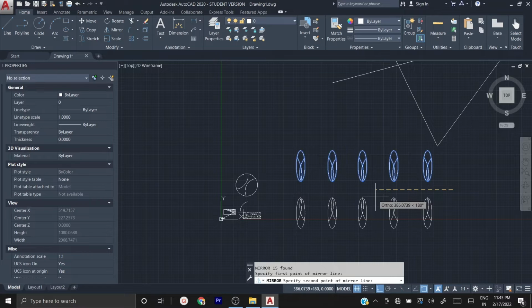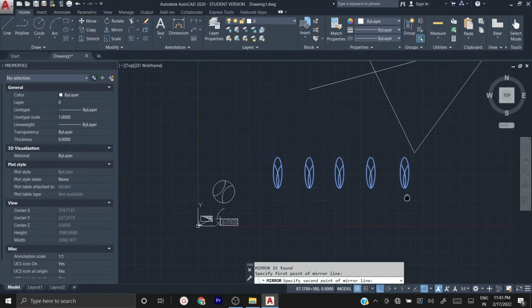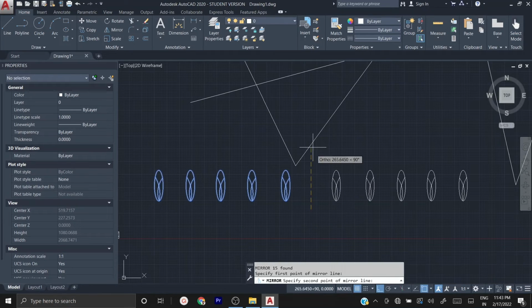See, your mirror can be in any direction. I have not clicked the second point, I've just clicked the first. If you want a mirror like this, then you can click the second point here. Or if you want a mirror in this way, just move to the top, then click the second point.